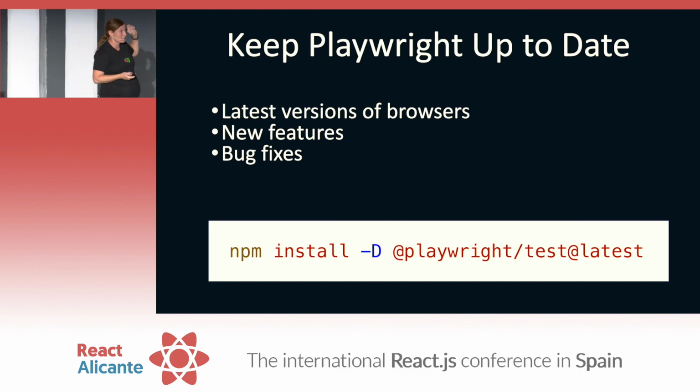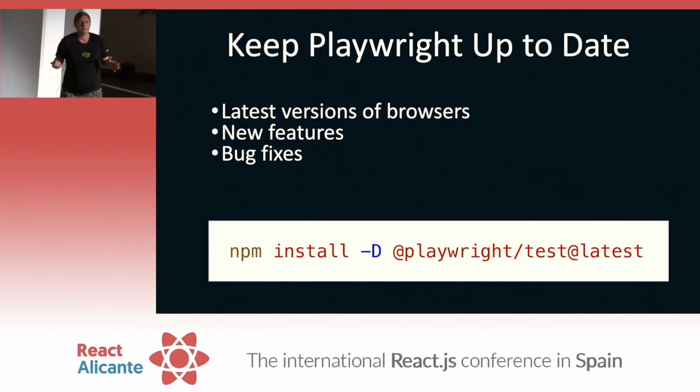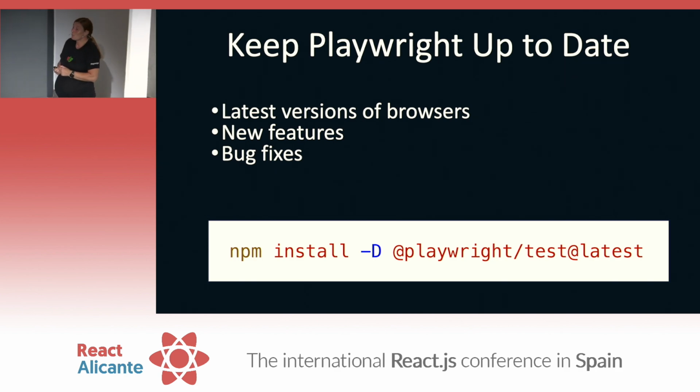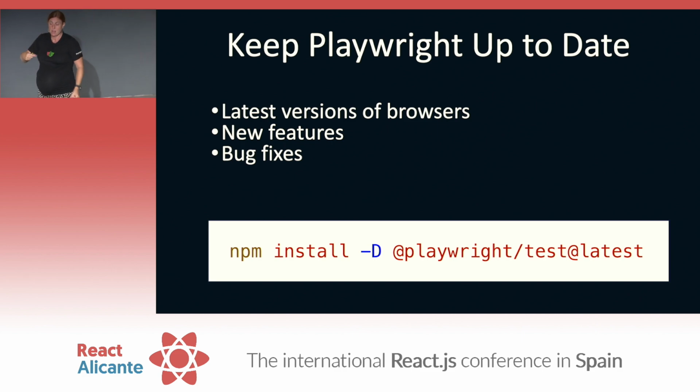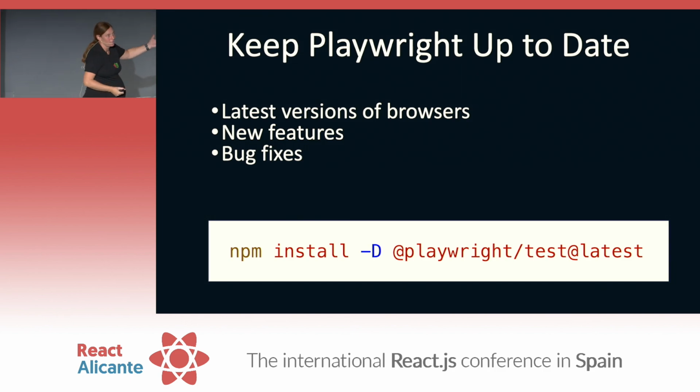So first thing I'm going to say is keep Playwright up to date. If you're using Playwright, we release a new version every single month. Why do we do that? Because we give amazing features, really important. We fix bugs, because even we have bugs. And we test on the latest version. Chrome releases every month. So because we give you a browser to test against, we need to make sure that browser is up to date. You're not testing against Chrome version 100 when we're on 117. So every month, you'll get the new browser, and you're able to test against that.